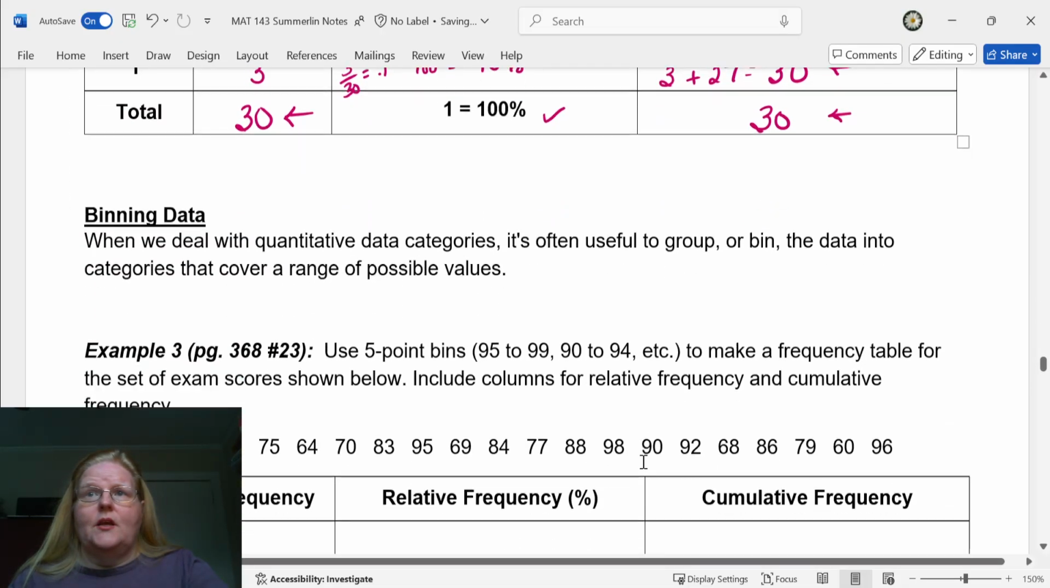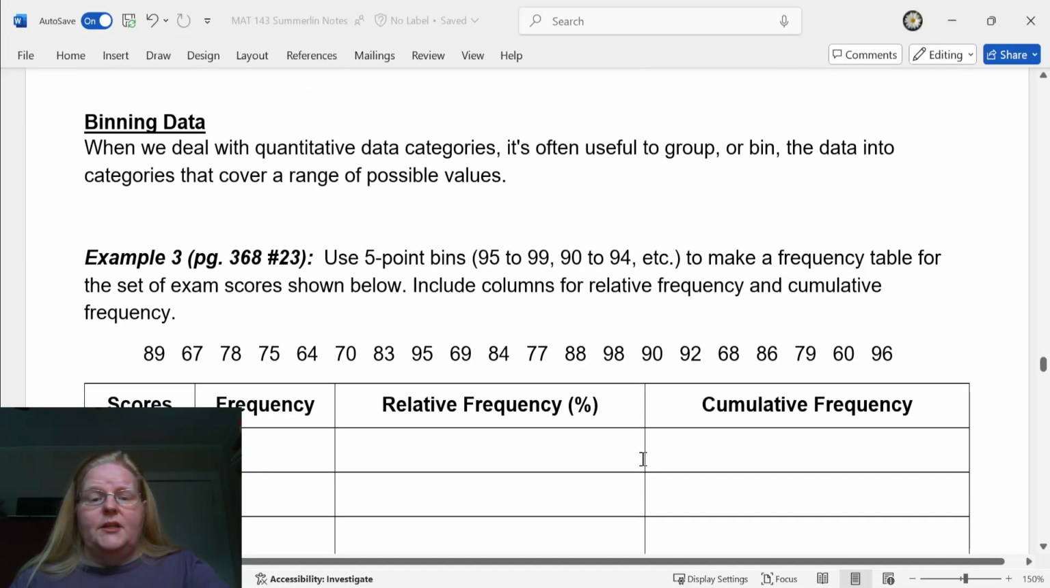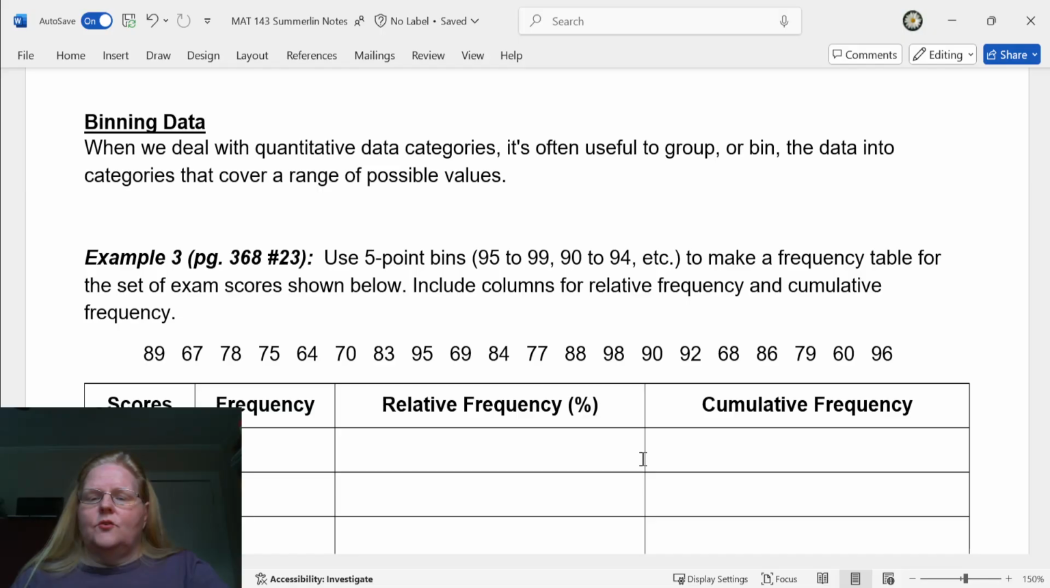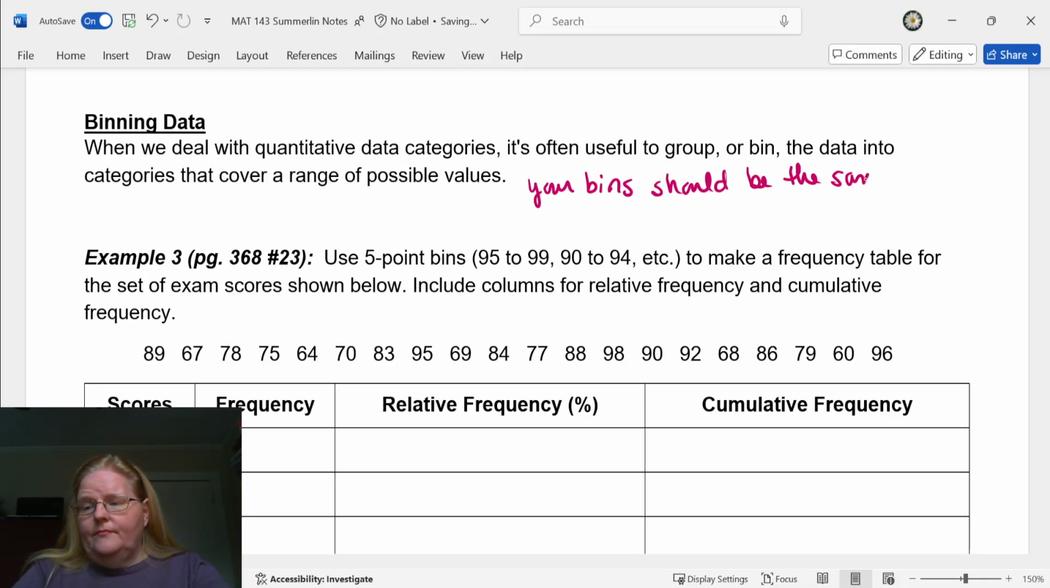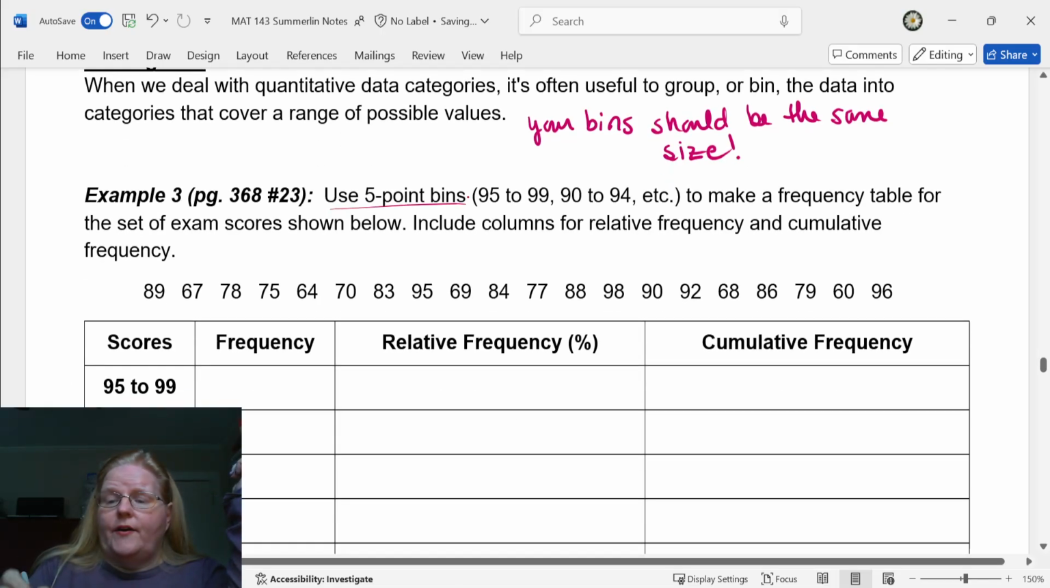It's there. Binning data. Binning data is what happens when we deal with cumulative data categories. It's often quantitative data categories. It's often used to group or bin the data into categories that cover a range of possible values. You need to make sure that your bins should be the same size all the time. So in the next one, they said they wanted us to use 5-point bins,